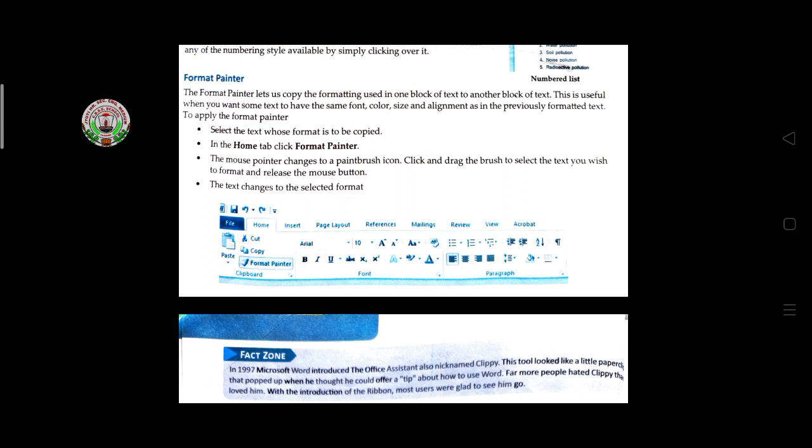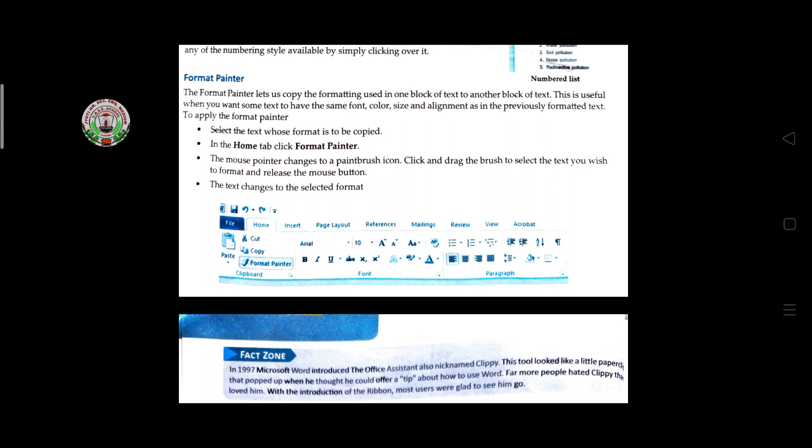With the help of the format painter, if you select it, the format painter will take all the changed properties of the first paragraph and copy them to the third paragraph. Like this the format painter is used.